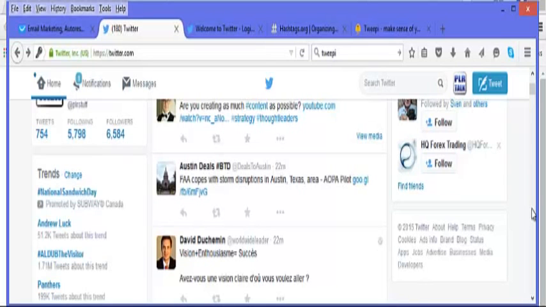In order for your tweets to be seen, you have to have followers. So it's pretty obvious that the more followers you have, the more exposure that your tweets will get. So it's very important to get as many followers as you can so that you'll get more exposure. On this account here, I have several Twitter accounts. This one I have